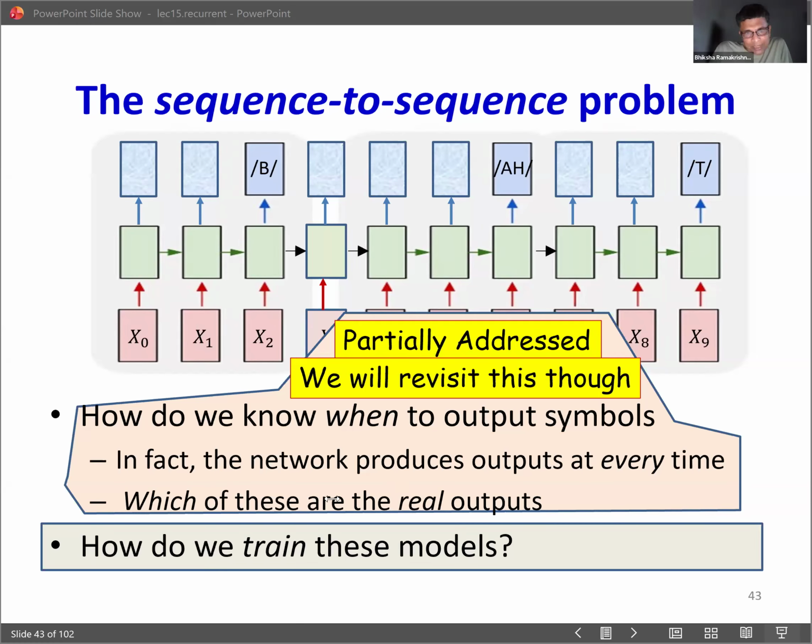How do we know when to output symbols? The fact is the network produces outputs at every time. Which of these must we read? We have seen one solution to this. Here's the bigger problem that we are interested in for now, for the rest of this class. How do you train these models? Now, again,